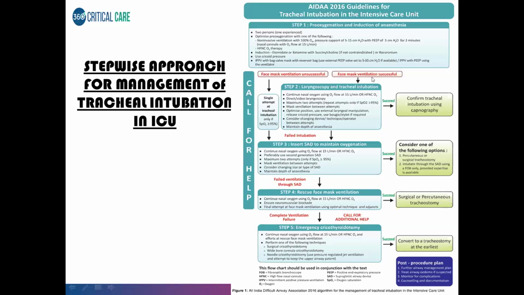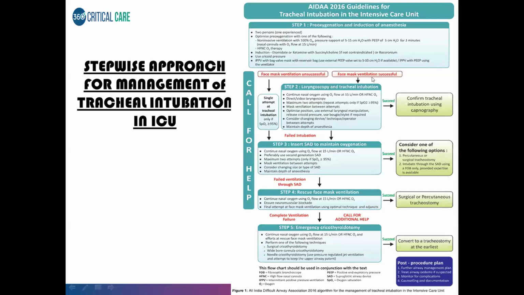Suppose you are not able to put the endotracheal tube, then the next step is to insert a supraglottic airway, at least to maintain the oxygenation. Here also, in order to insert it, 2 attempts are the maximum. And if you are able to put the supraglottic airway, then you can do 2 things. One is either you can go with a percutaneous or surgical tracheostomy, or if you're using a second generation supraglottic device, then you can actually intubate through the